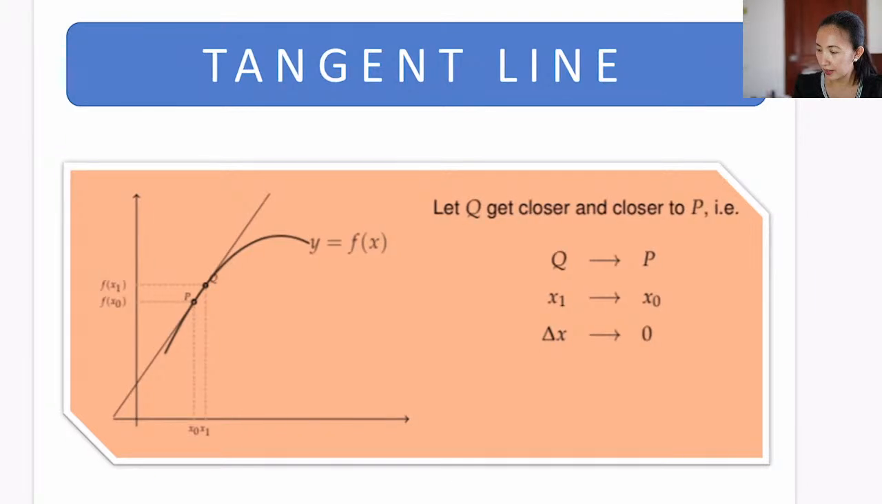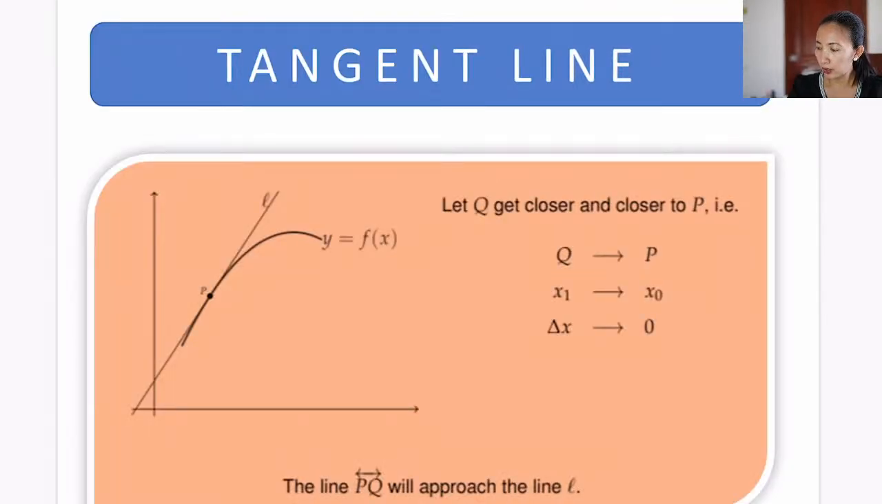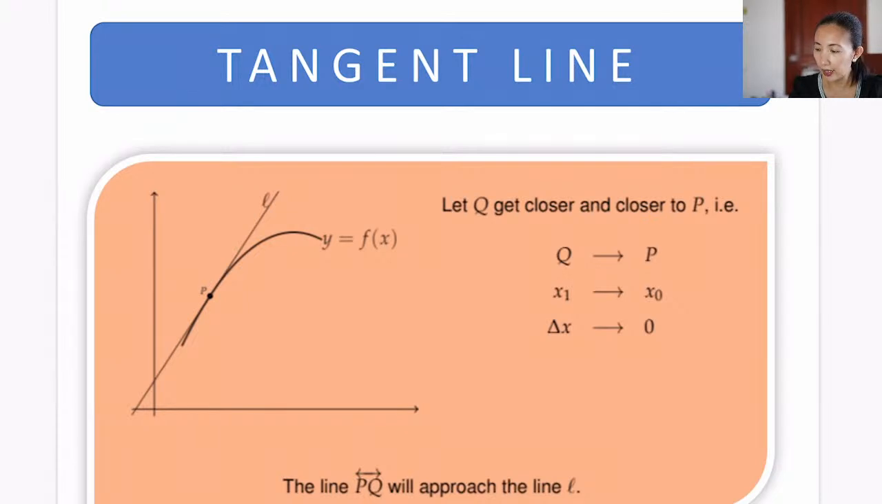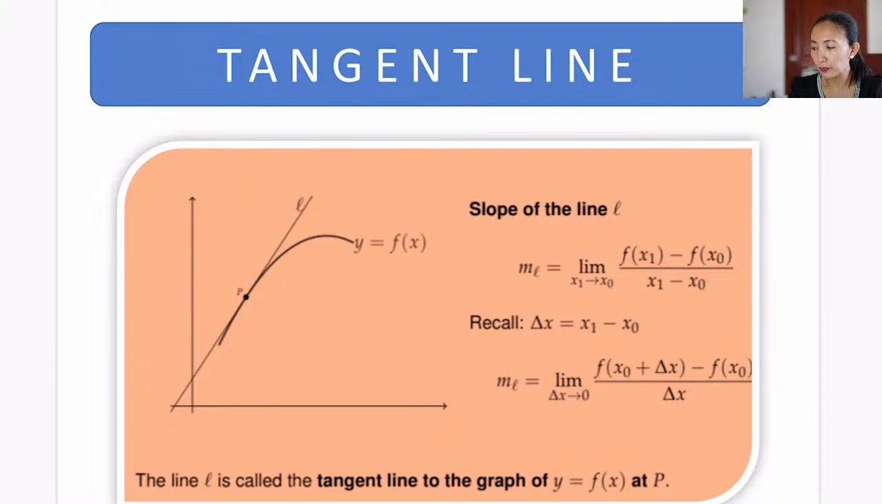What happens? Okay, let Q get closer and closer to P, just the same. Line PQ will approach line L. Okay? Line PQ, di ba nandito si Q kanina? And if we draw Q such that it gets closer and closer to P, then the secant line approaches the tangent line L. I hope you can follow. Line PQ will approach the line L. Yan. Therefore, the slope of line L,